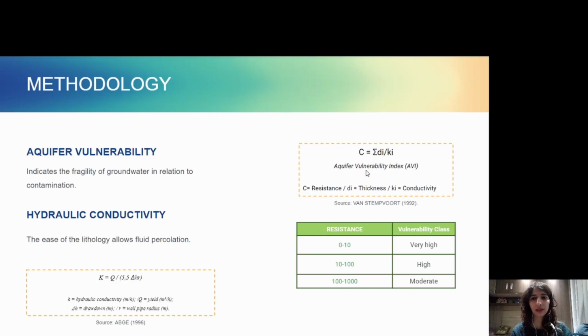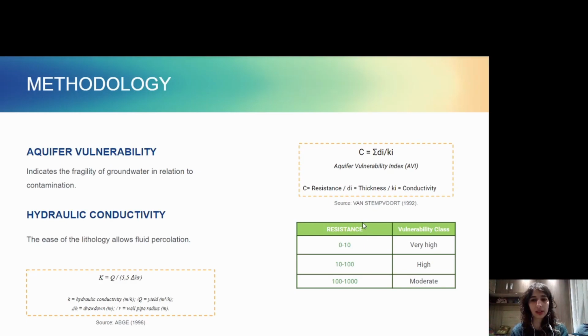This method is defined by this equation, where the resistance, called C, is equal to the sum of the thickness divided by the conductivity. When we resolve this equation, we have the resistance and consequently the vulnerability class of the aquifers.